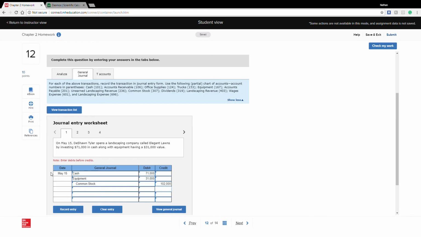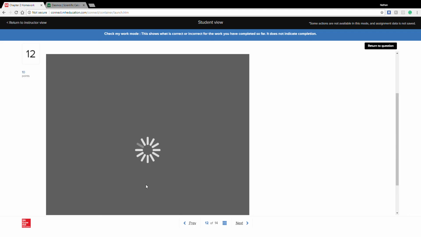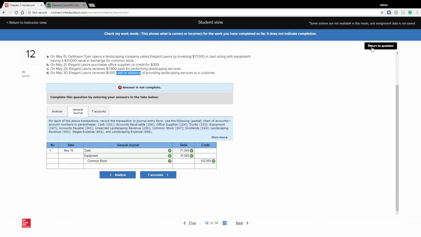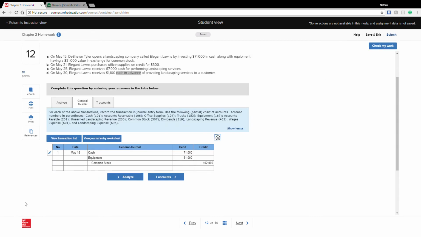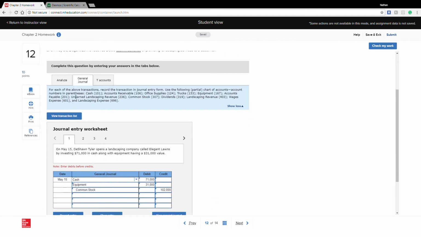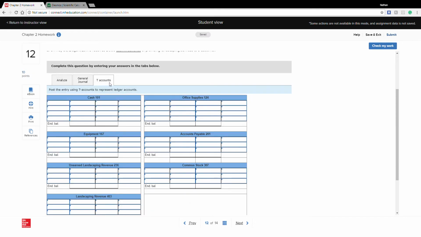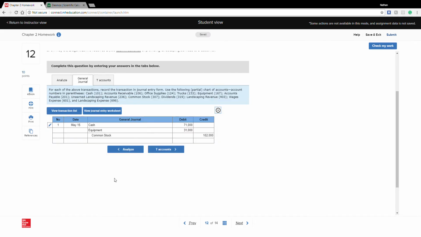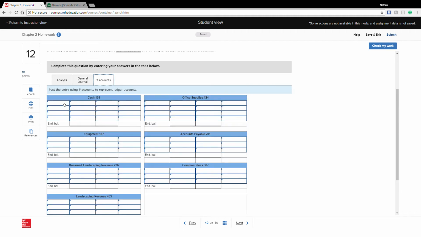From here, this is what I want you to do. Once you put this in, again, you can check my work to make sure it's correct. Boom. Return to question. Once you put this in, I would strongly encourage you to go to the T account and immediately put this into the T account. So I can go right here. I saw cash. Cash is a debit. T account. On May 15th, we had cash